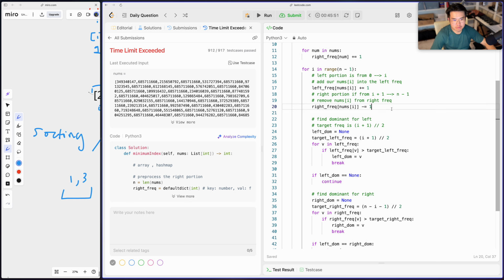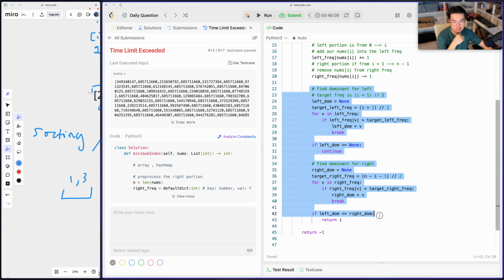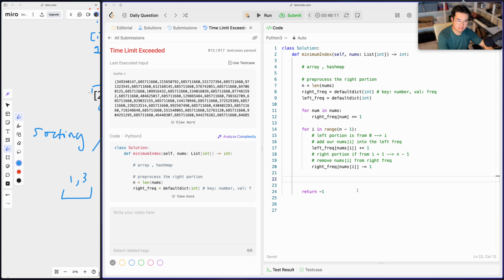we add left and right. The only thing that changed was the frequency. All the other frequencies didn't change, right? The only frequency that changed was this. So that's all that we need to check. We don't need to loop all of this other stuff. So we just need to say